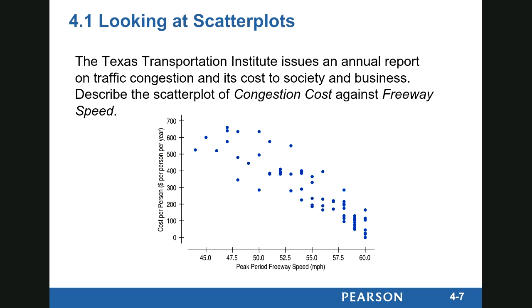When we have traffic congestion and the cars are not moving fast, they're moving less than the speed limit, around 45 miles per hour, it costs a lot. It's actually congestion. So the cost per person, it's costly to society and business. So that makes sense. Okay, let's move on to the next thing that we look at for a scatter plot,